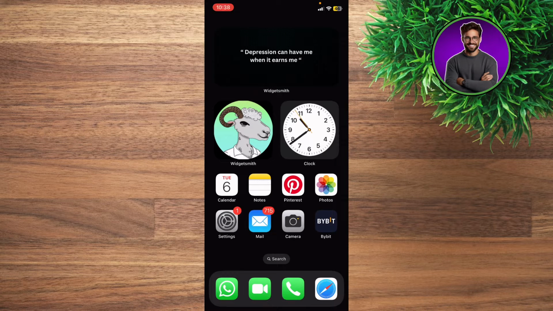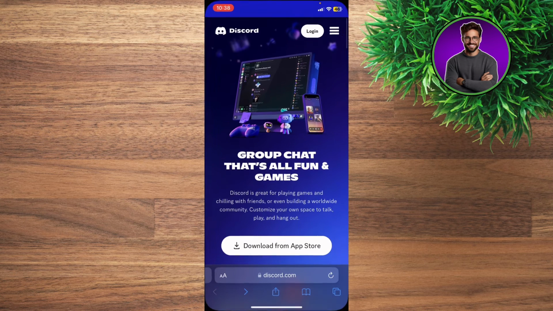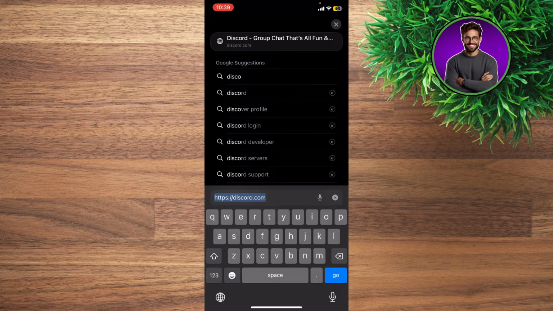How to add a Discord link to a TikTok bio. So first, go ahead and open up Discord from your browser, not from the app, from the browser. And after you log in with your account, you're going to be able to see